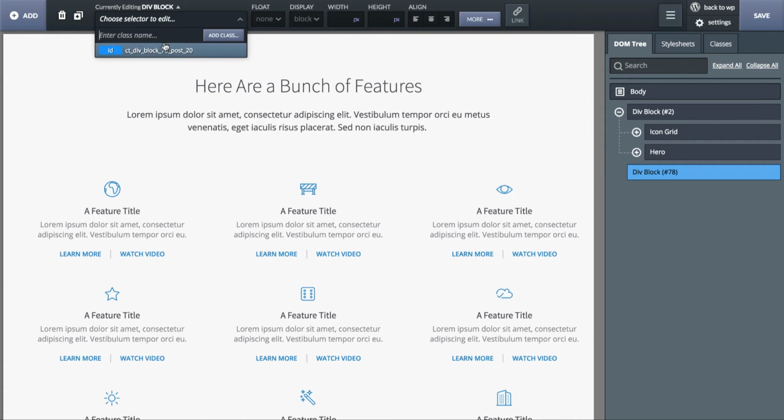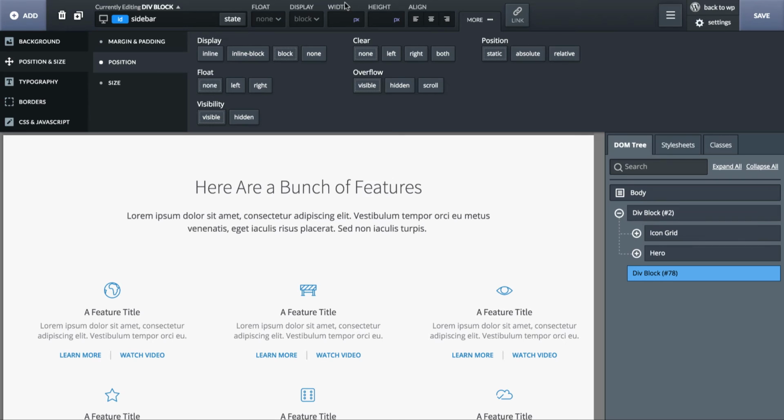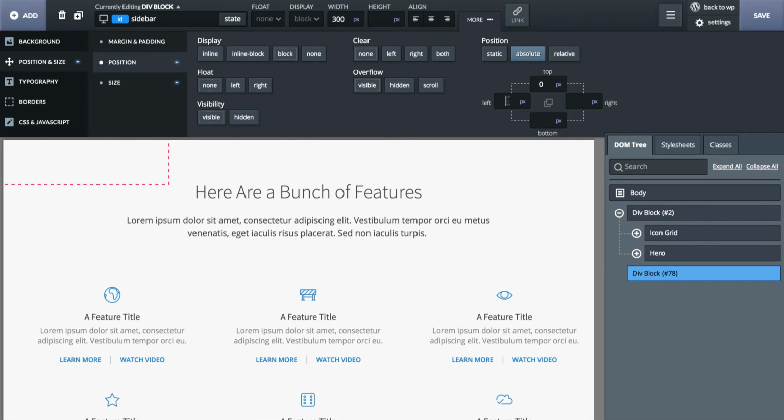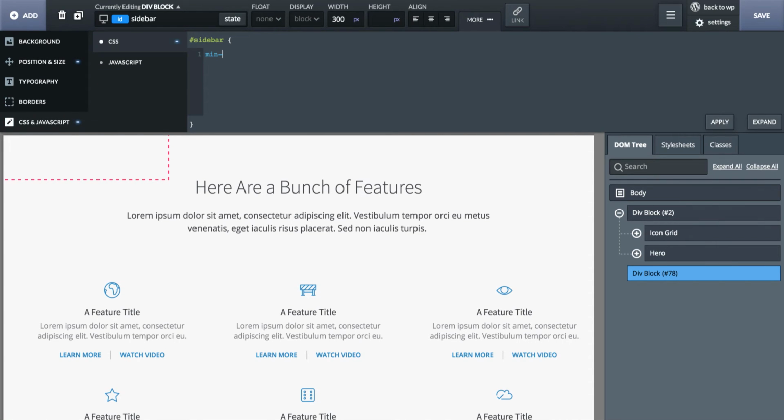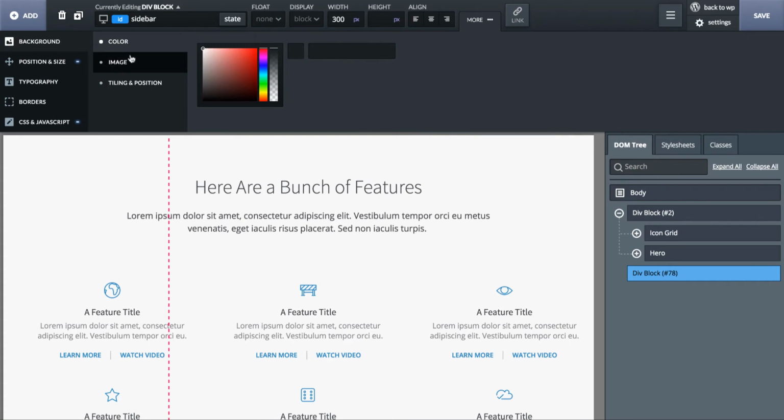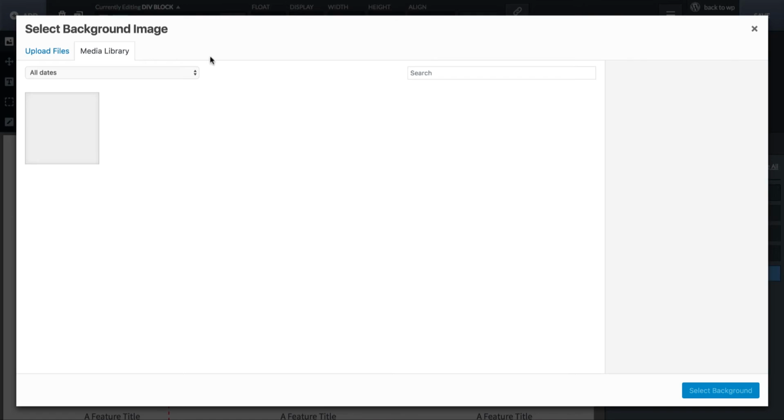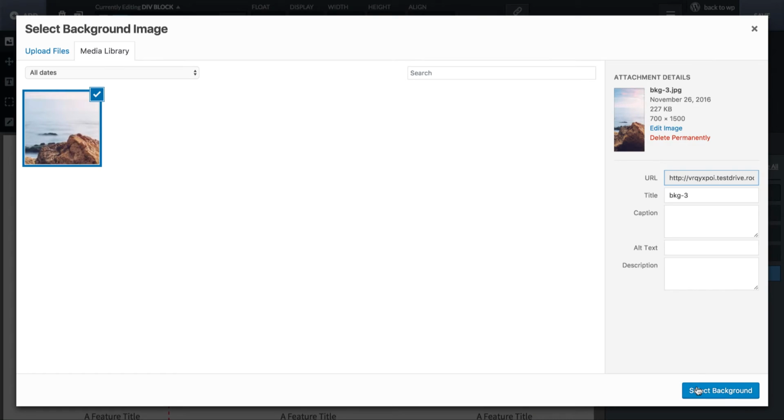Okay, now for the actual sidebar itself, let's add another div to our page. And we are going to call this div sidebar, and we will make it 300 pixels wide, position absolute, 0 pixels from the top, 0 pixels from the left, a minimum height, min height of 100 VH, and we will set the background to this image which I've already uploaded,